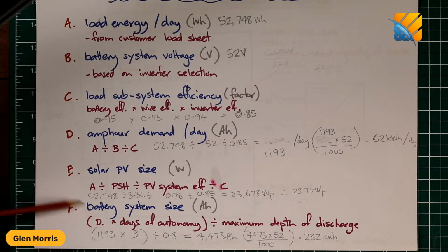So in this case, we sized the system up at 23 kilowatts of PV. And then we sized the battery system. Once again, you need to ask questions like, how many days of autonomy is the customer going to want? That means how many days without renewable energy input, basically running off the batteries all the time. And based on those number of days and a certain maximum depth of discharge, you can calculate the battery capacity. So we went for 3 days of autonomy and